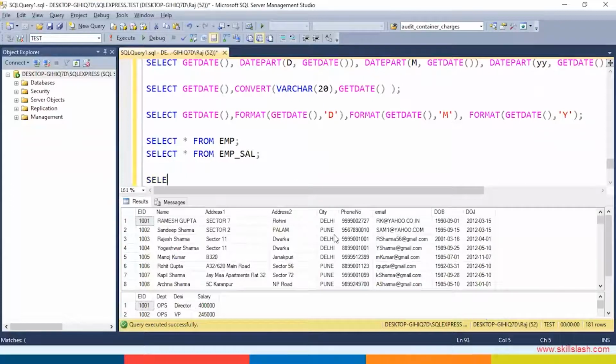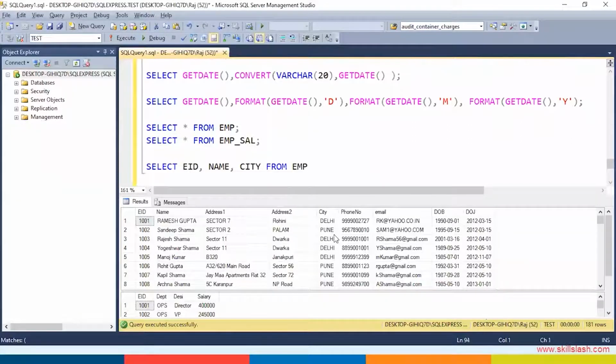So it will be select EID, name, city from EMP where EID in select EID from EMP underscore cell where designation is equal to manager.